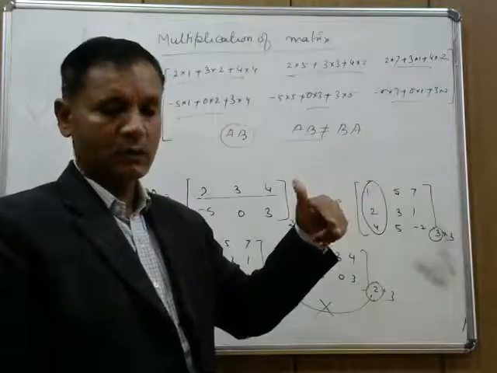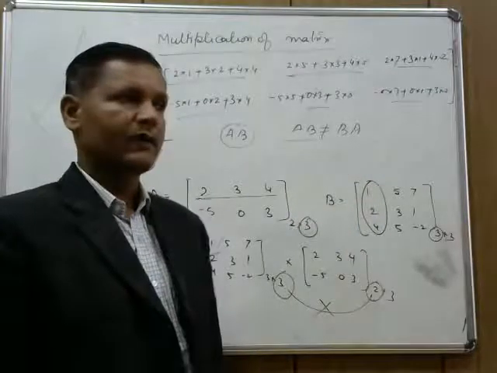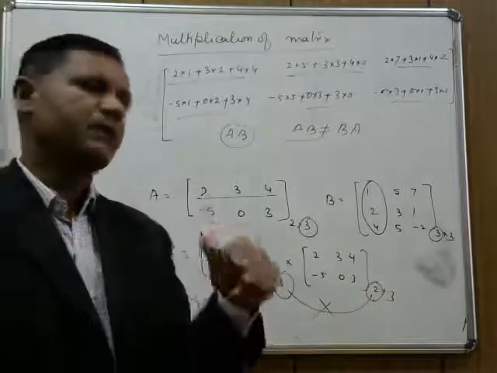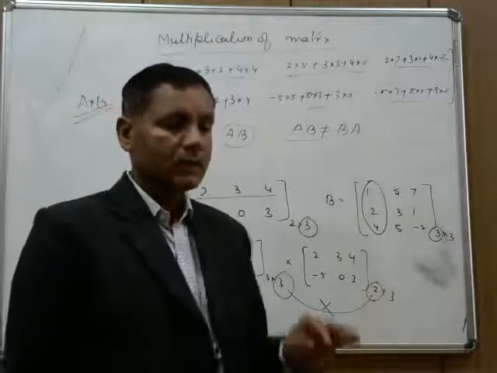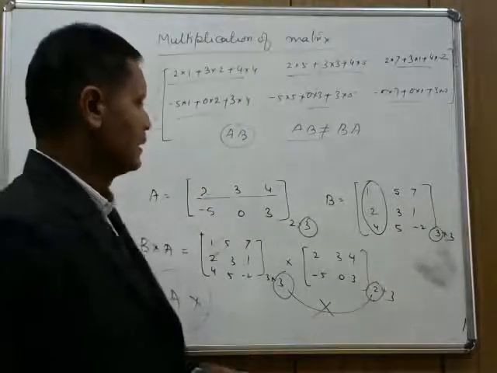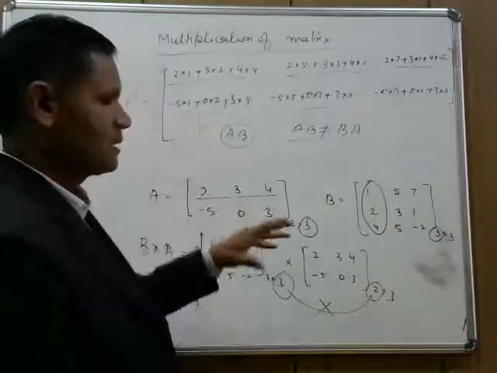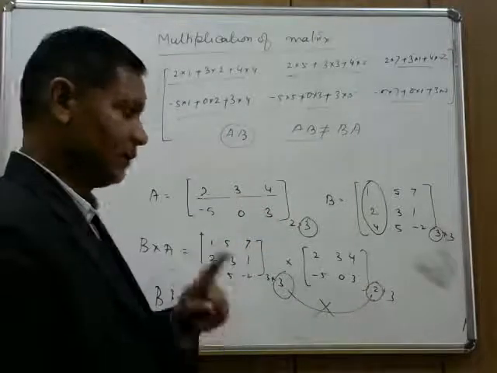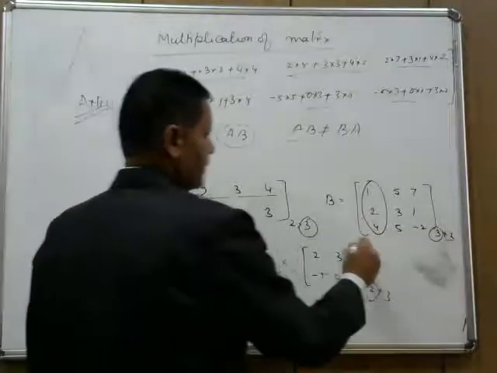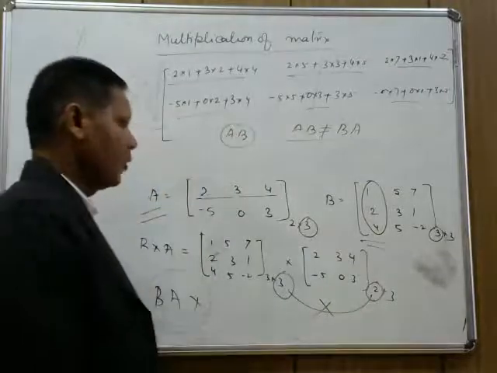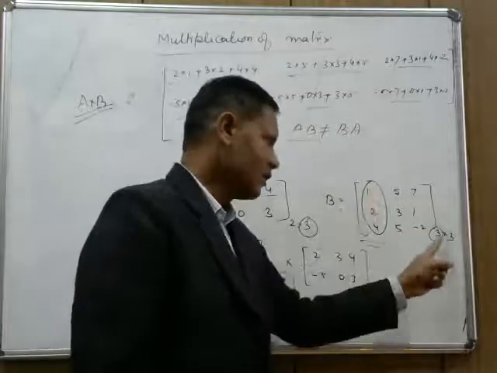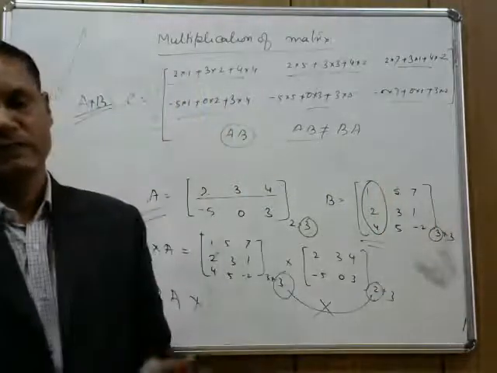And it is not compulsory all the time that when I am able to multiply a matrix A by matrix B, then I can multiply B by A also. Because the multiplication of matrices totally depends on whether these two matrices are compatible to multiply or not. And for that, the very important point is, when I multiply a matrix A by matrix B, the number of columns of the matrix A should be equal to the number of rows of the matrix B. That's why it is very important.